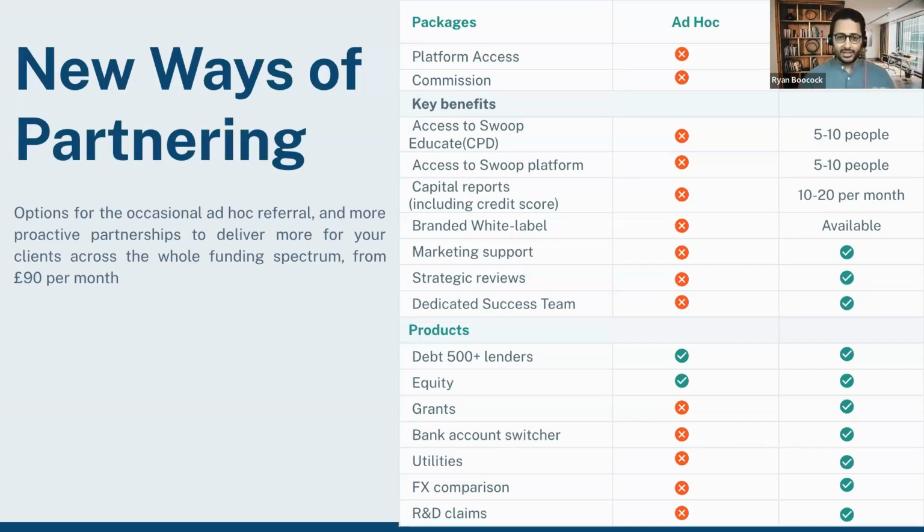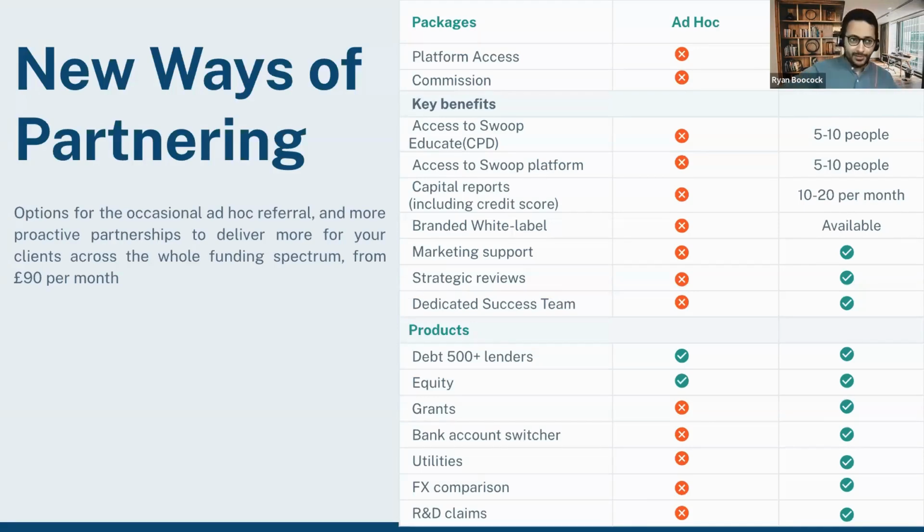And that basically means that you or the client will be contacted by our funding team, depending on the type of funding that you're looking into, and we can simply directly go to market and find what the best results are going to be for them there. This is going to pertain to equity and debt alone. So anything to do with grants and savings, that's now going to be on the paid versions of the platform.